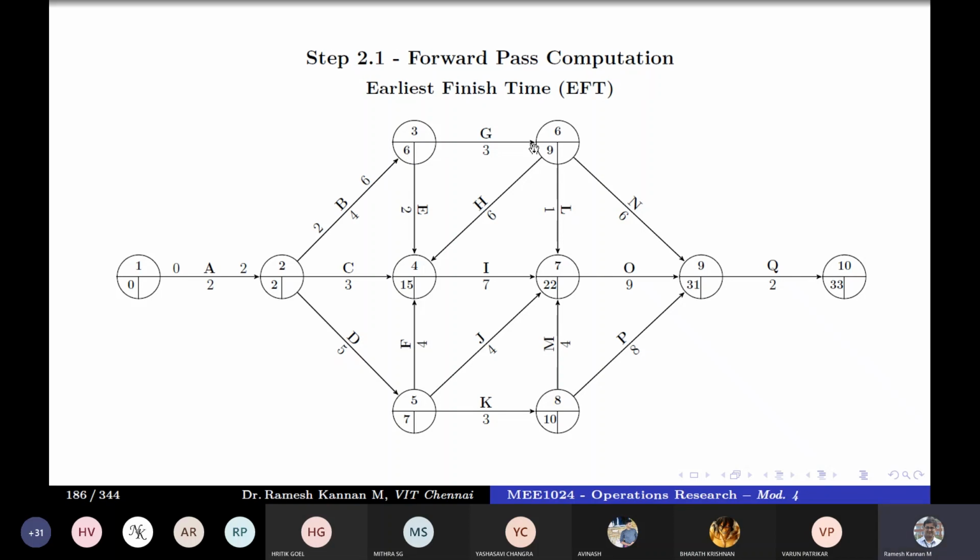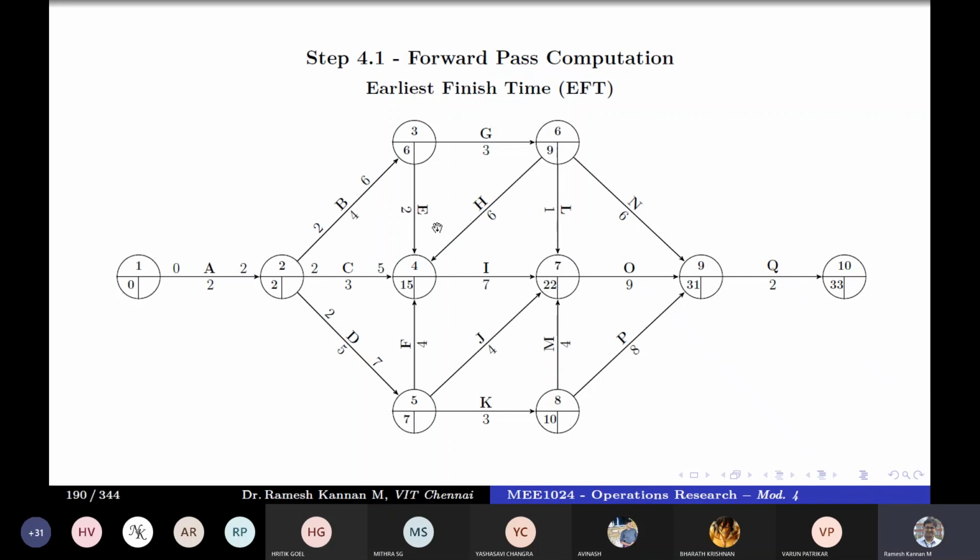Then take a look at activity C. It is 2 or 2, both cases are the same, and 2 plus 3 is 5. Similarly for D it is the same, either this or this, and 2 plus 5 is 7.